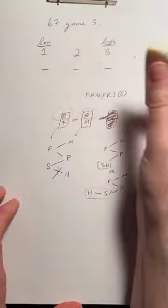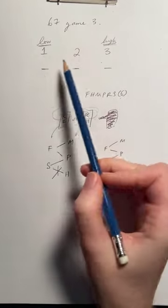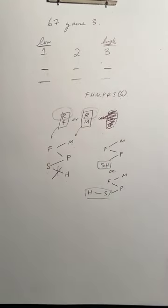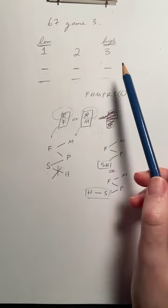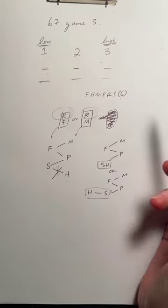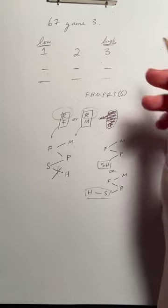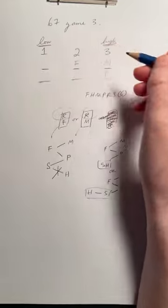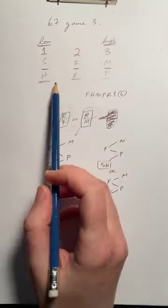If each aisle contains exactly 2 of the 6 sections. All right, so 2 per aisle. How can I make that happen? I could have, so I'm just going to start kind of trialing some things. So I could have M and P, F and R, and S and H. Seems like a